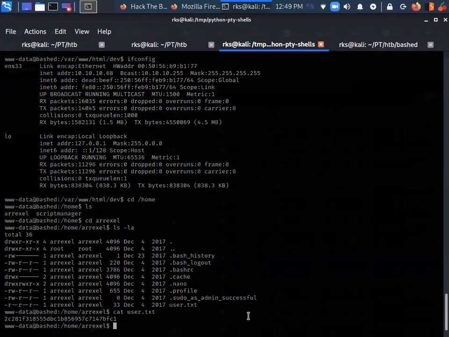Okay, so from low level user to high level privileges. So let's see, let's do one thing. Now we are going to explore this machine locally. I'm already inside the machine, and now we need to search for some misconfiguration in this machine that can be exploited for privilege escalation.